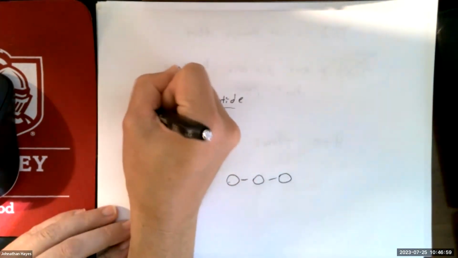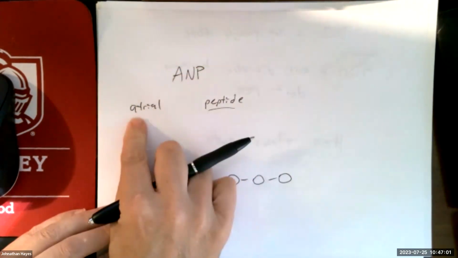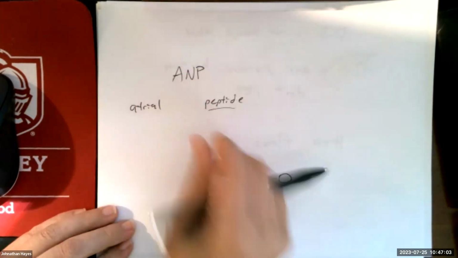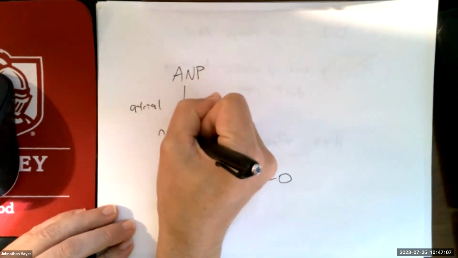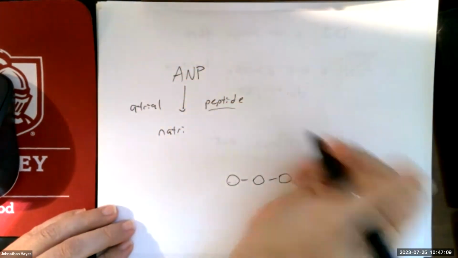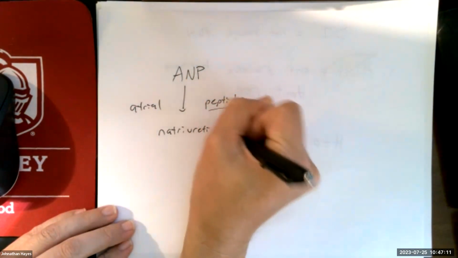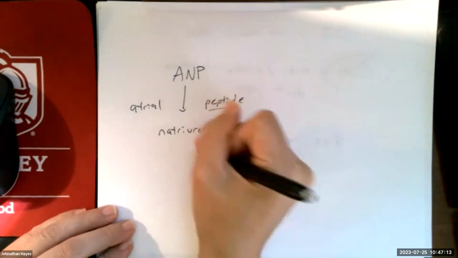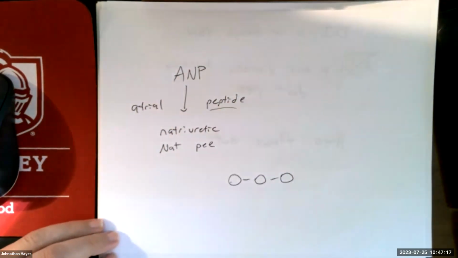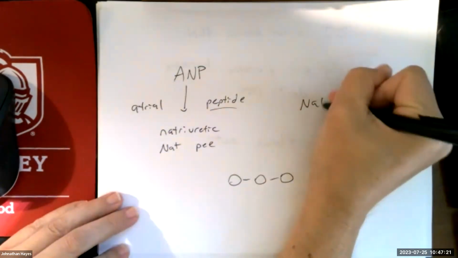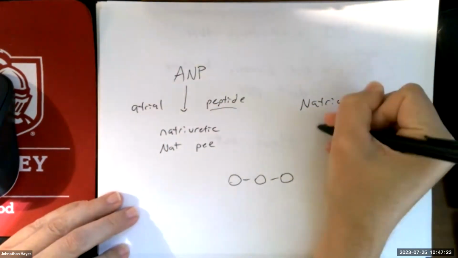The A stands for atrial, which means it's coming from the atria of the heart when the heart gets distended a little bit too much. And the N is the key word here. It is natriuretic, pee. So what that word's telling me is it's saying to pee sodium, right? It's telling me to get rid of sodium. So natrium is the fancy word for sodium,